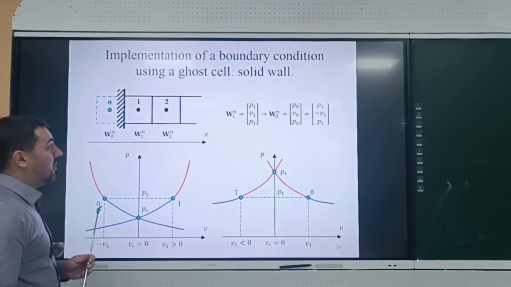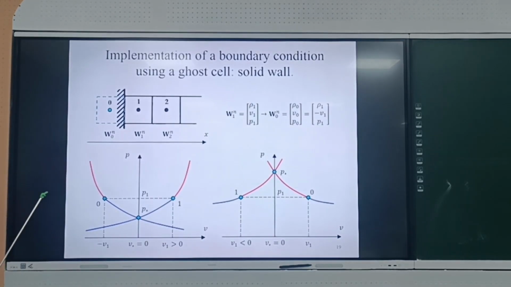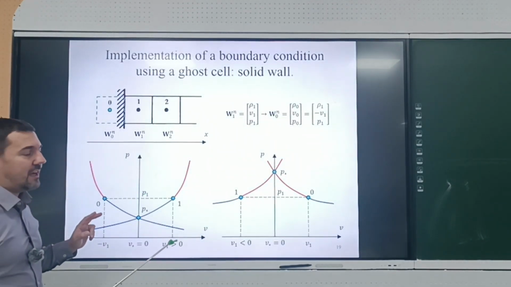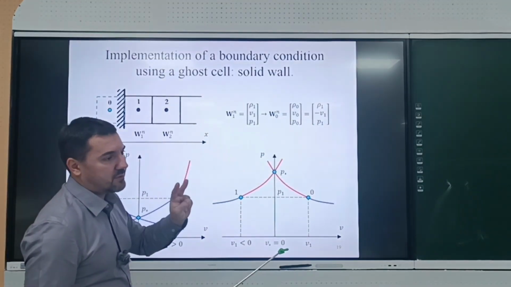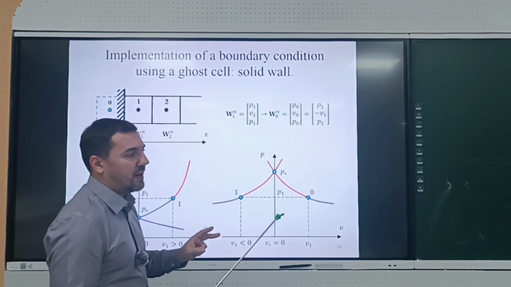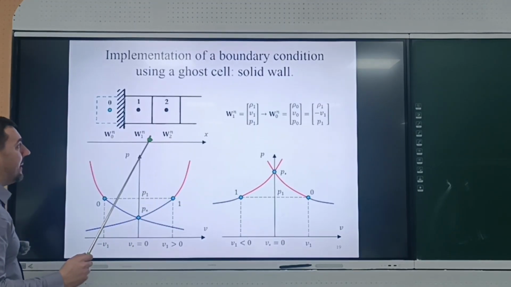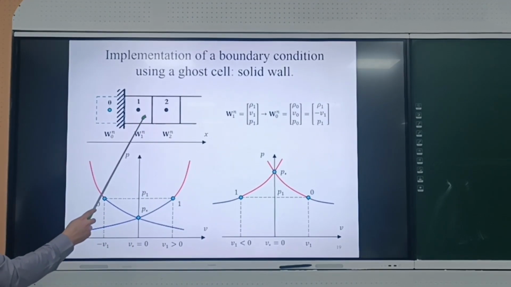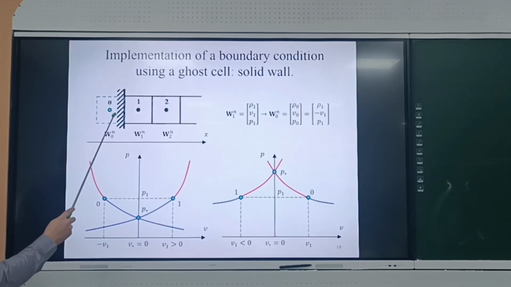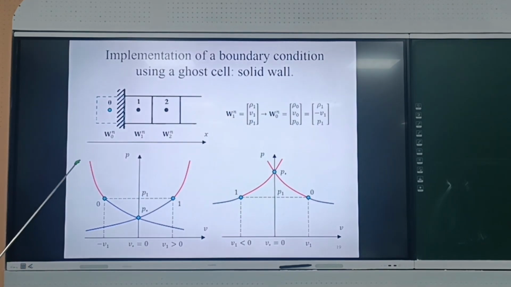Okay, now closer to our program. We discussed some general theory. Let's discuss how we can implement it. I told you that in the program that I would like to explain to you, I'm going to show how to implement two types of boundary conditions. The first one is a solid wall. Suppose we have these two internal cells, number 1 and number 2, and this should be a solid wall. Then we should introduce some ghost cell, number 0, and the idea is that we should set parameters in this ghost cell